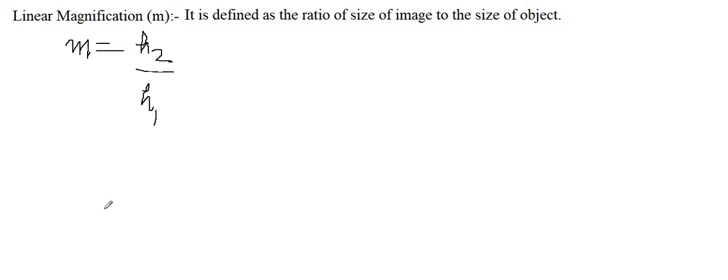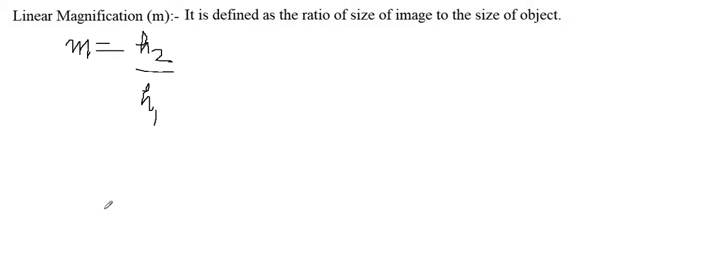कि आपका जो इमेज फॉर्म हुआ है उसका साइज आपके ऑब्जेक्ट के कंपैरिजन में कैसा है, कि आपका इमेज ऑब्जेक्ट के जैसा है, इट इज इक्वल टू सेम एज ऑब्जेक्ट, या इमेज ऑब्जेक्ट से छोटा फॉर्म हुआ है, या इमेज ऑब्जेक्ट से बड़ा फॉर्म हुआ है. दैट इंफॉर्मेशन विल बी गिवन बाय linear magnification.